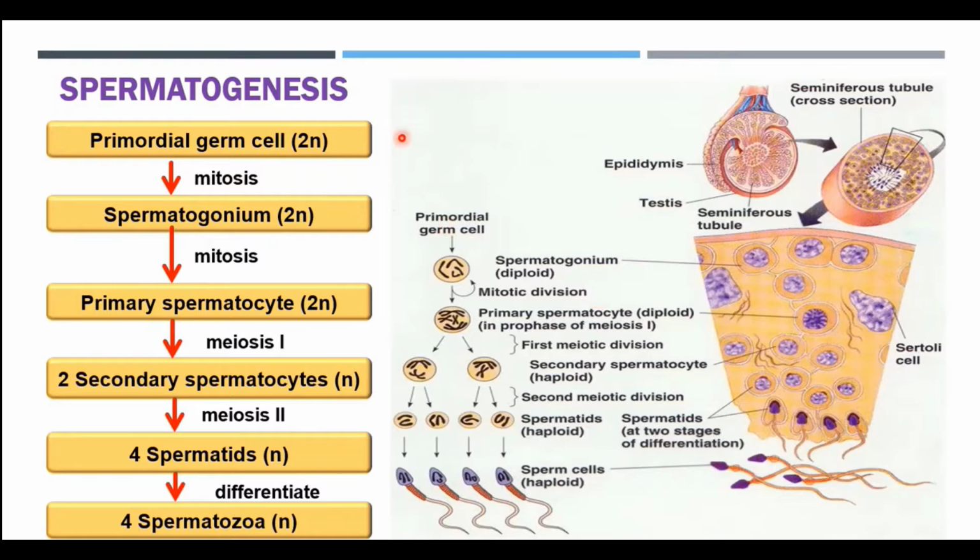Now we will start with spermatogenesis, in which you need to know that this refers to the process which produces the sperm or the spermatozoa. And you should also know by now that this occurs in the testis. The testis is the male reproductive organ, and the male gonad that is responsible for the production of